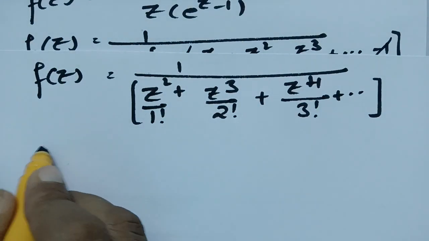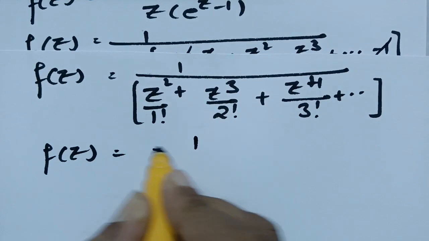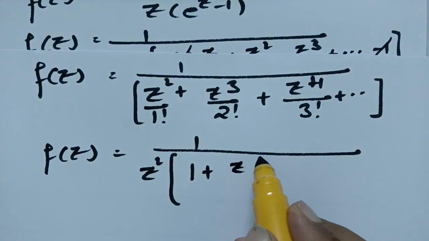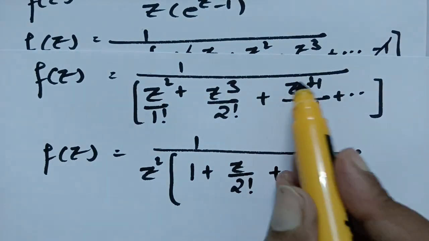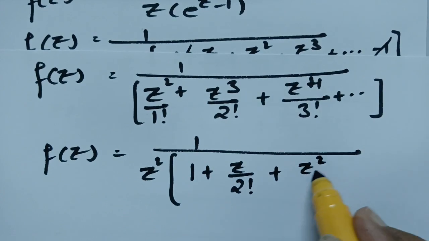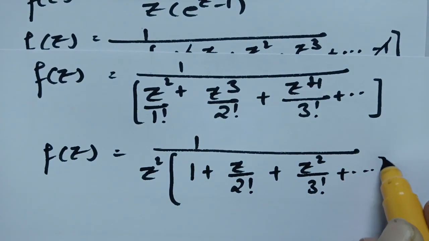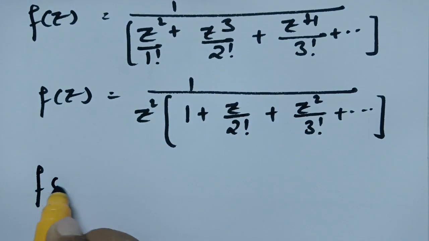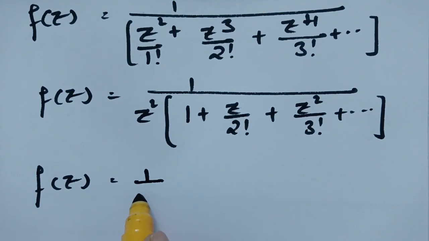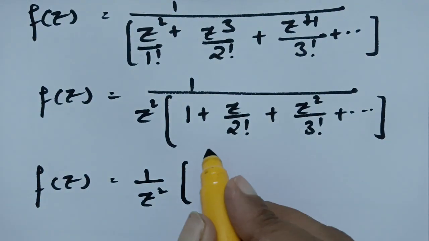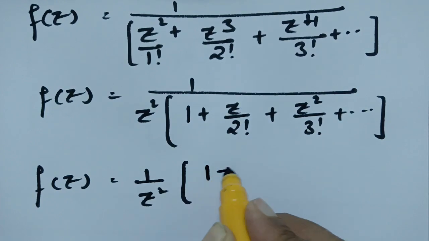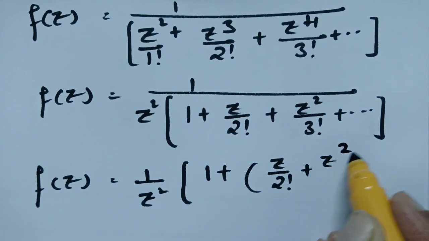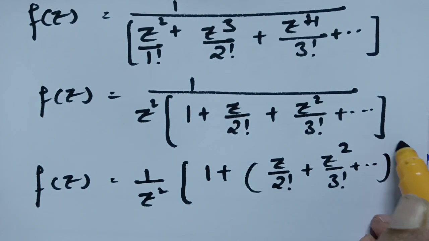And therefore f(z), if I take z² common, is 1/(z²(1 + z/2! + z²/3! + and so on)). Clear? And the next step here is f(z) = 1/z². And clearly, if I take this to the numerator, this will be (1 + z/2! + z²/3! + and so on)